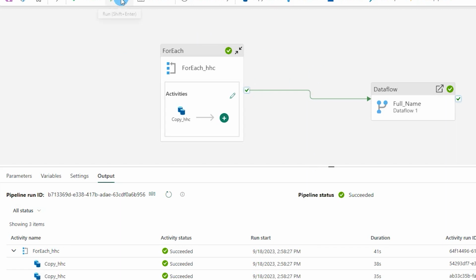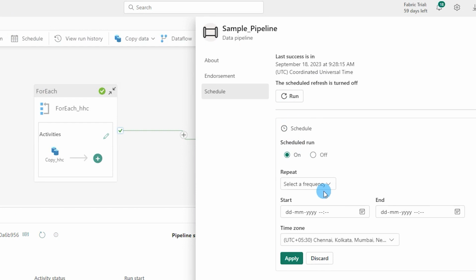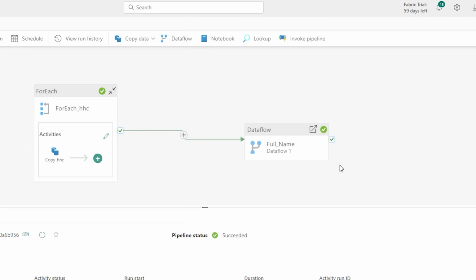I can either choose to run this particular pipeline or I can also choose to schedule this. So I can schedule this and turn this on. You can choose the repeat frequency by the minute, hourly, daily or weekly. Choose your start time, end time and the time zone. For now, I'm going to just leave it at that and